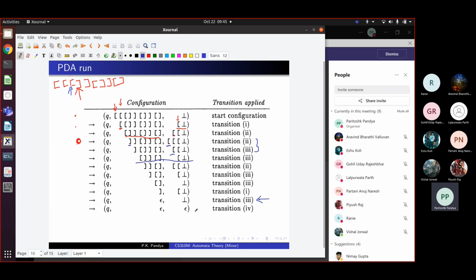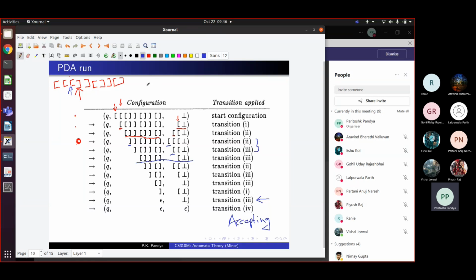So you get this configuration. In this configuration, all of the input has been processed and all of the stack is empty. So in some sense we have reached the empty stack configuration at the end of the word. And this is what we will call an accepting configuration, where the whole of the input is consumed and the stack has become empty. Right? So we have reached an accepting configuration and we will accept this word. So this is how the push down automaton works and it accepts this word.